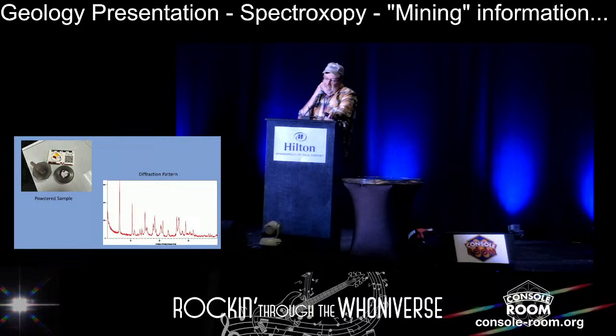So on the left there's a little 2-inch circle with what we call a zero background plate. I've powdered a little bit of the sample, and we use an agate mortar and pestle in some cases, and then that is what we have to put in the instrument. The results then are what we call the diffractogram, and each of those peaks is a solution of what we call the Bragg equation. The sum total of those peaks and their intensity should be unique to a specific structure. The more mineral phases that we have, the more complicated it gets. And so ideally, if you can separate things out, it's better. But it's